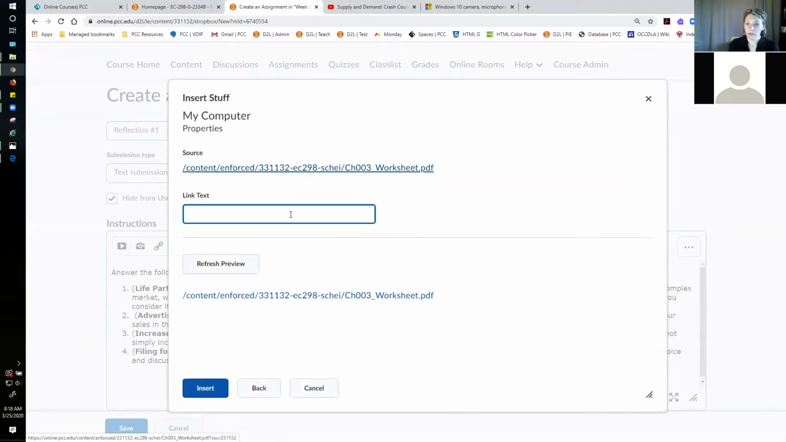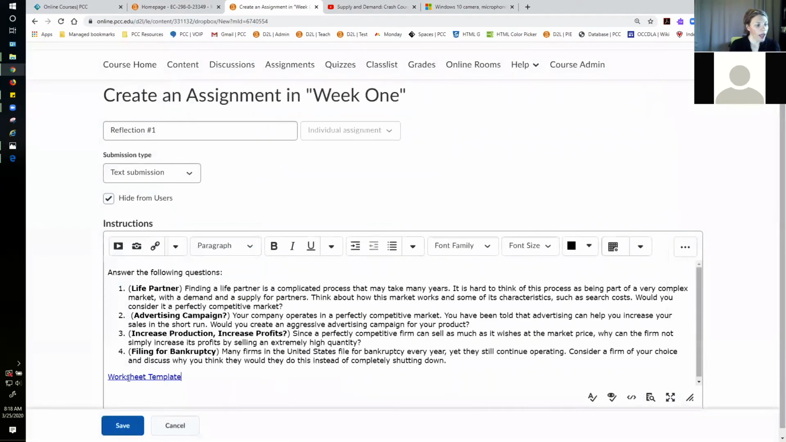And then it'll prompt you to provide a meaningful link text, so it's not just the file name. So I'll just do worksheet template. And then I'm going to click insert. And what I can do,